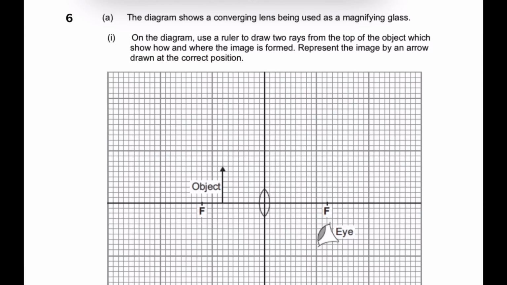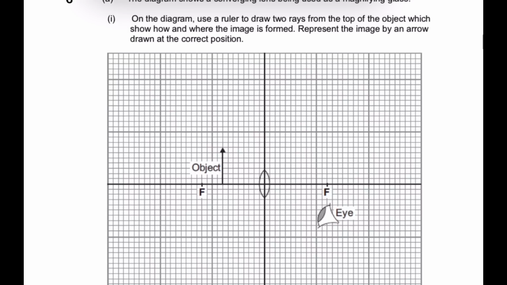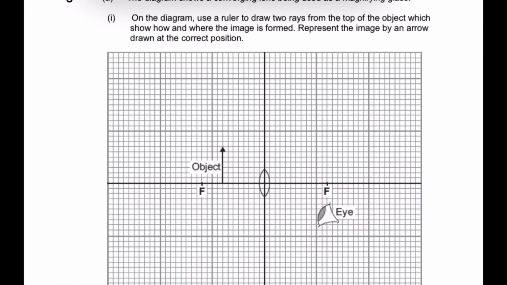The diagram shows a converging lens being used as a magnifying glass. On the diagram, use a ruler to draw two rays from the top of the object, which show how and where the image is formed. Represent the image by an arrow drawn in the correct position. So the first thing you're going to do in this question is draw a horizontal